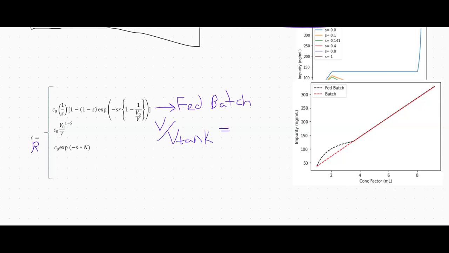That's R. So if the volume total, we can put a little T here so we know it's total volume, ends up being equal to the retentate tank volume, V tank, R is equal to 1,